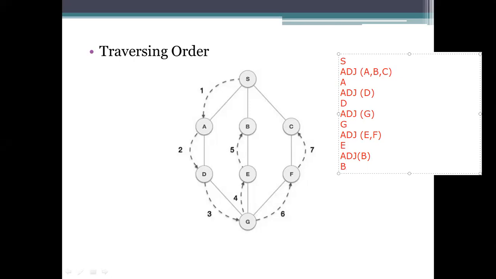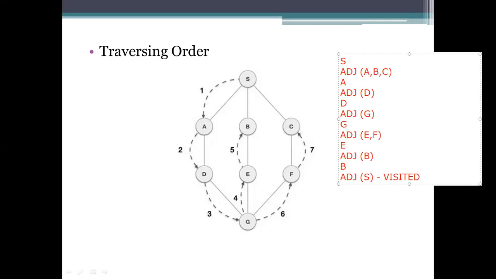After that, is an adjacent node there or not? As it is having the adjacent node, which is yes. Since it is a visited one, we won't traverse it. When we get a visited one, what happens here?